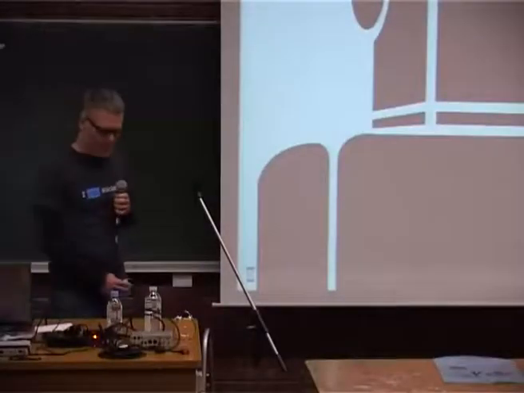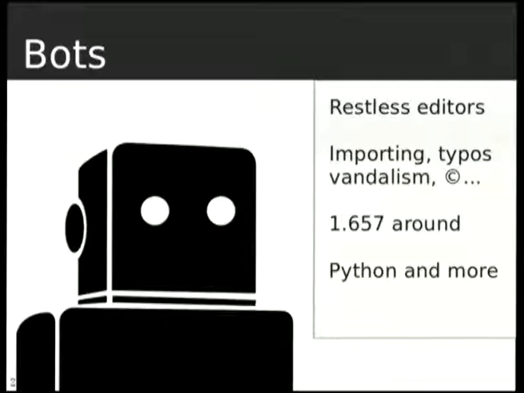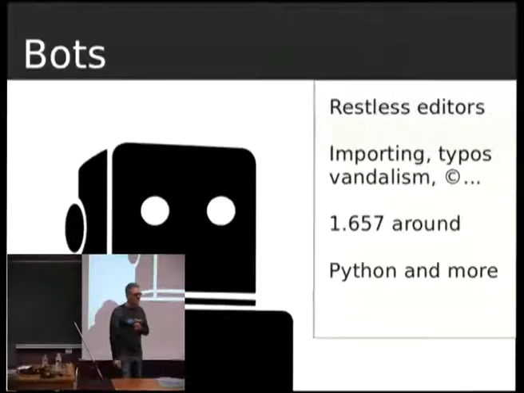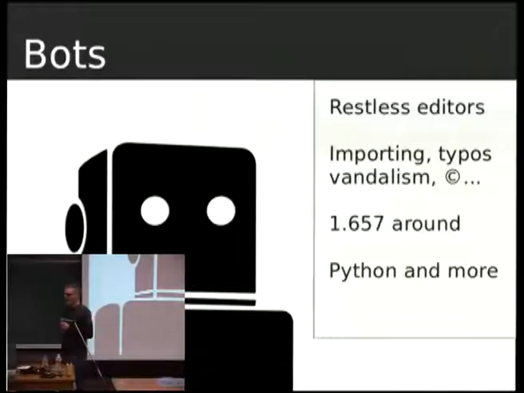Okay, bots. So bots are users, like real users. They have an account in Wikipedia. The difference with human users is that they're really patient, they don't complain, they don't like ranting, things like that, you know. They just work and keep working 24 hours a day, as much as the server policies allow them to work, probably. There's plenty of them. So 1,000 something around. Of course, not all of them are enabled in the English Wikipedia, but there's plenty of them in any case.